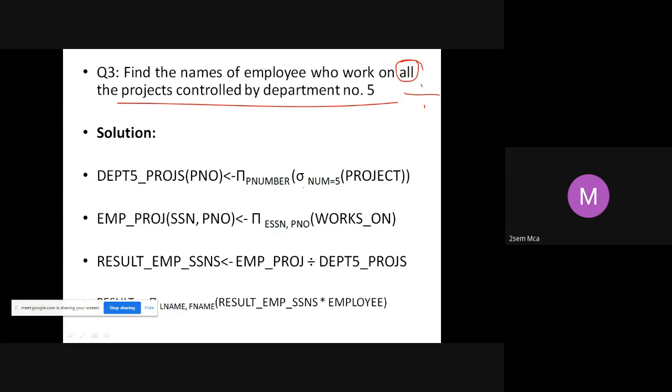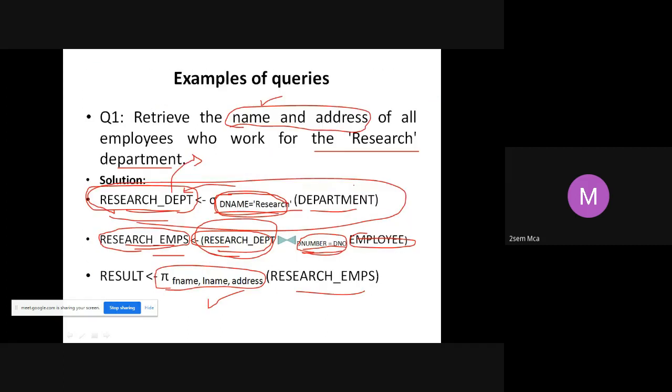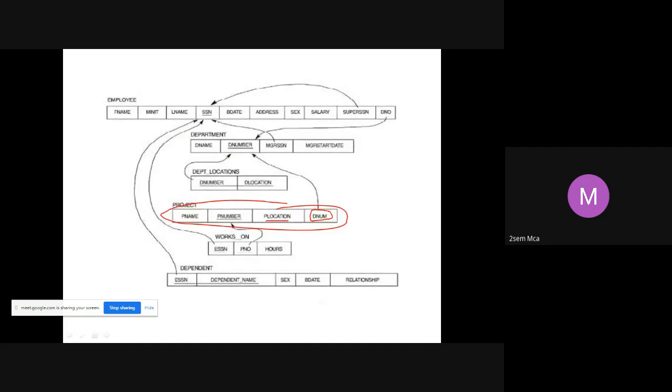How am I finding this out? Look here. This is an inner query. First, what I am doing, I am applying a select operation: department number is equal to 5 on project. Here you have a department variable. Wherever department number is equal to 5, I will pull out all those records.